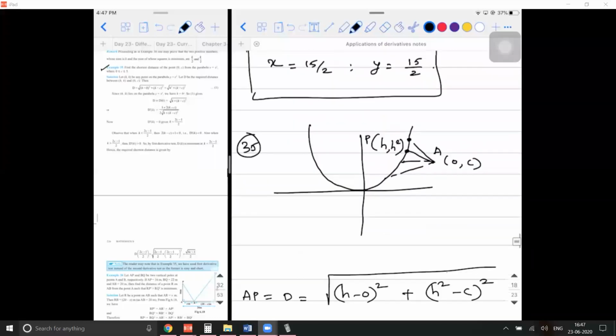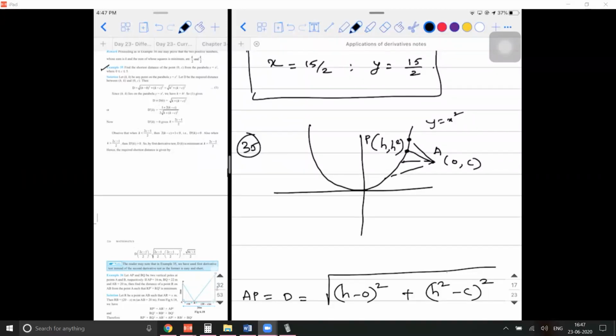Okay. See, this is the graph for y is equal to x square. So you read the question. Find the shortest distance of the point. So there is a point (0, c) in the two-dimensional plane. From the point (0, c), you can find many distances to the parabola, because on the parabola, how many points are there? There are infinite number of points. So you can find infinite number of distances, out of which they are saying one distance will be the least.